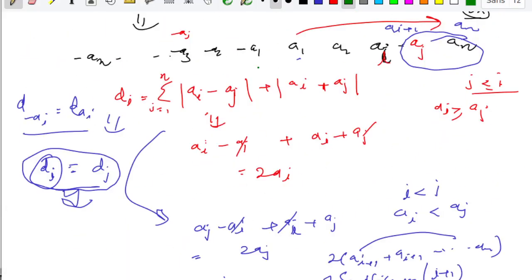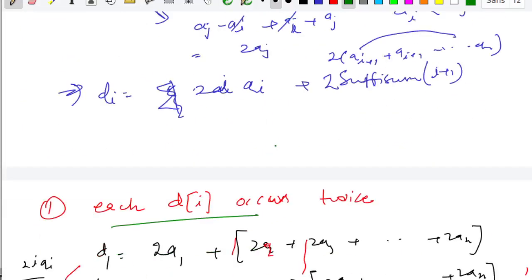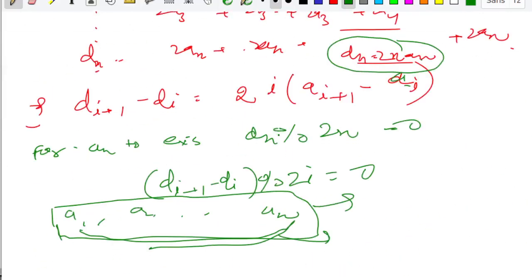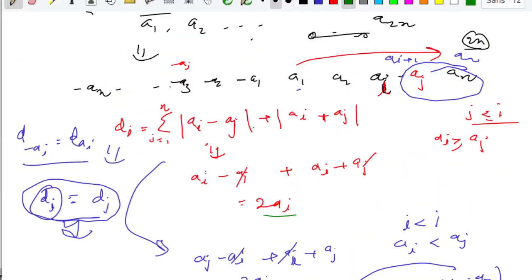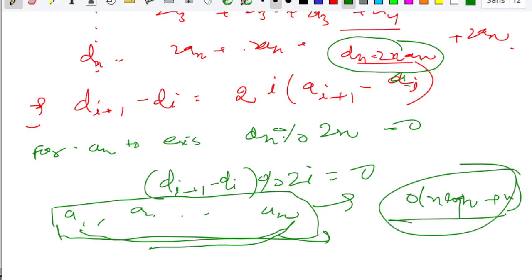One more initial check you can make is that each di is a multiple of 2, so if there is an odd di, then just say the answer is no. So with sorting included, it is O(n log n), and after that it is just O(n). This is the time complexity of this solution.